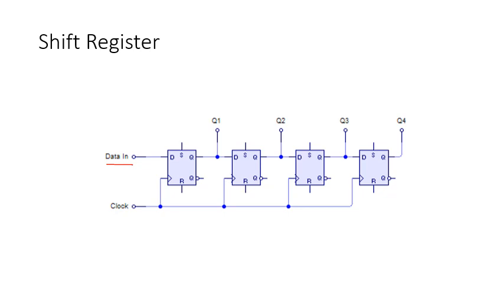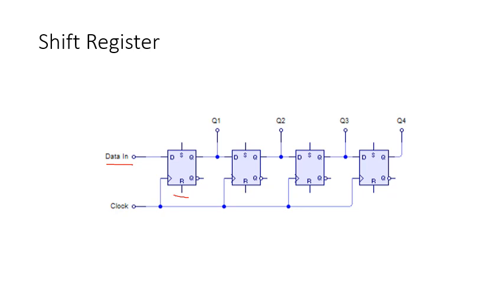The clock signal is common for all the 4 flip-flops. Like when a clock comes, it will trigger all the 4 flip-flops together. And S and R are representing the set or reset function. Like if I want to set all the flip-flops, make the output 1, then I will activate this pin. And if I want to reset all the flip-flops, that is make the output 0, then I will activate the R pin. So this is the basic structure.